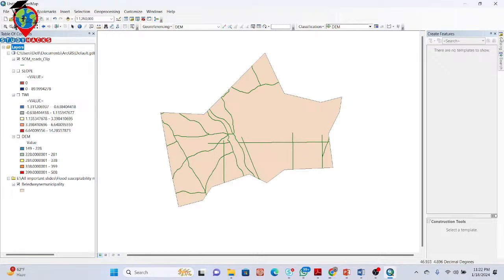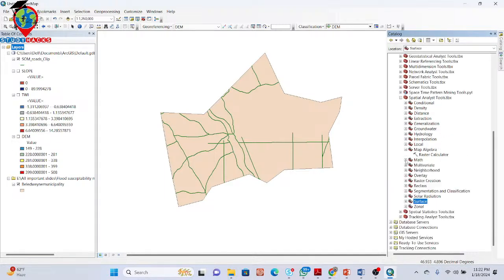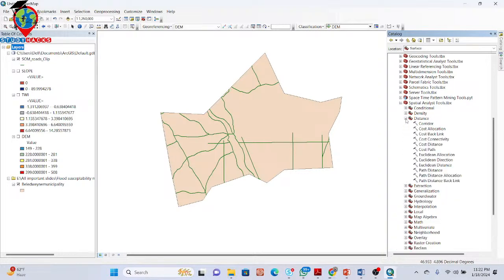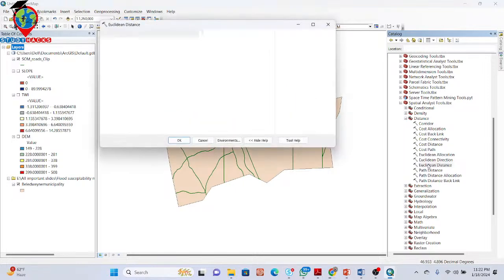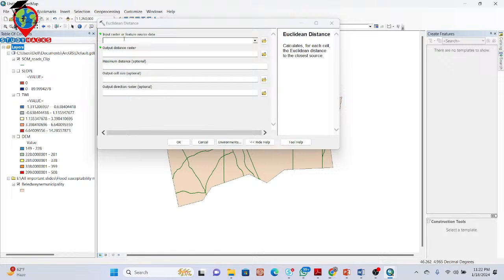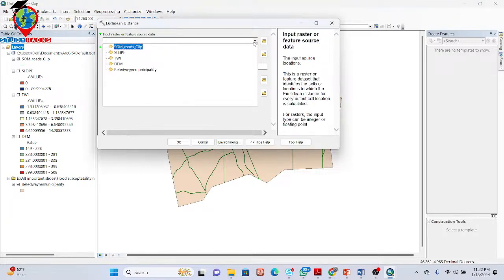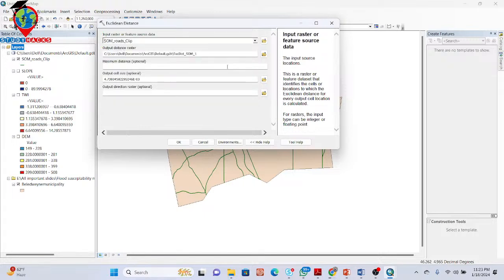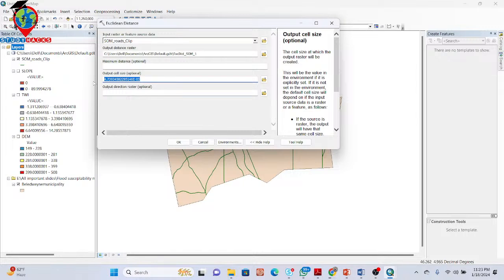So now go to the catalog and I find an option, mainly it's called distance. You can see distance, click on here and click on the Euclidean distance. You can see Euclidean distance, double click. Okay, then input raster, mainly this time input feature. I have to input the feature with my road shapefile, and in this time, okay, so then simply put here 30